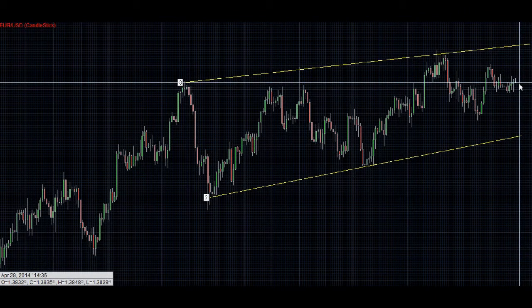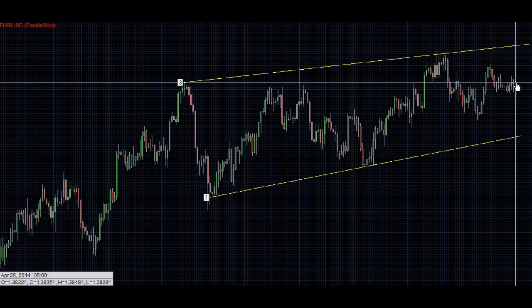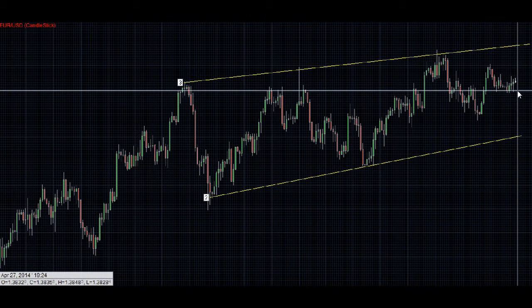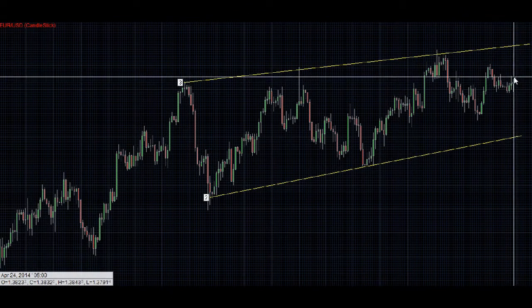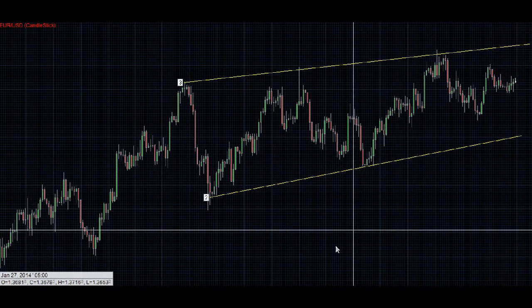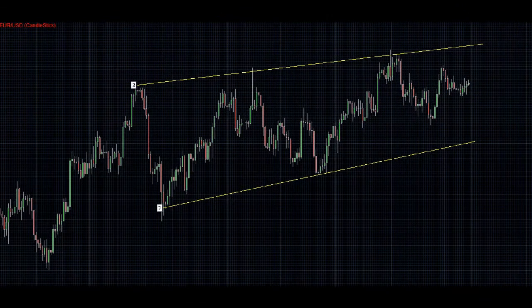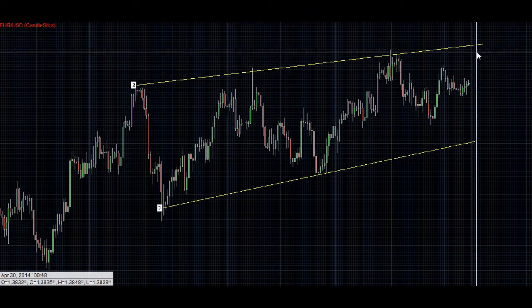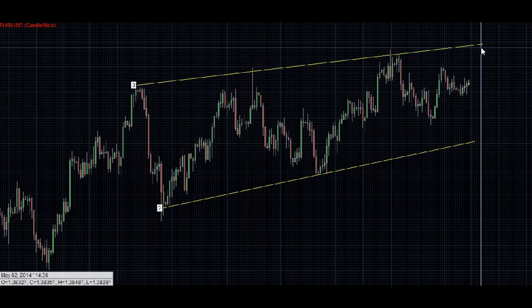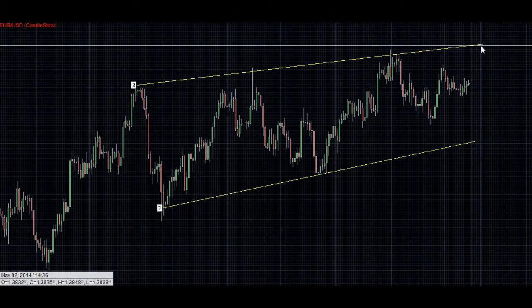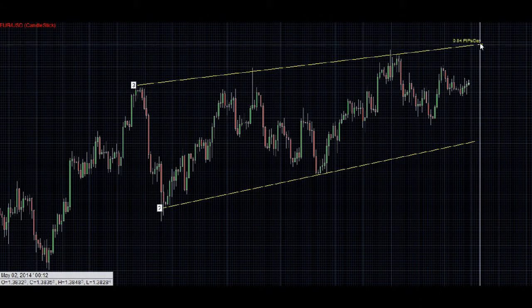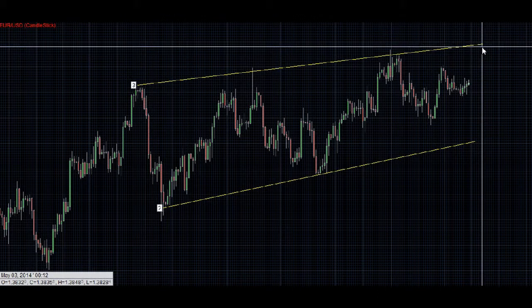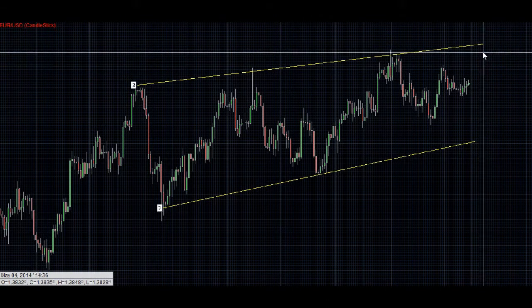Now at the moment, as you can see, the price is in the middle of them. So if we were to enter the trade, we would not enter it right now because we're unsure of which way it's going to go. But for instance, say it did start to approach this line, we'd think maybe it will retrace backwards. So what we're waiting for when it approaches the line is very strong bearish candles